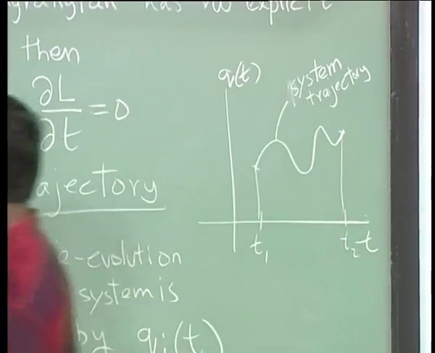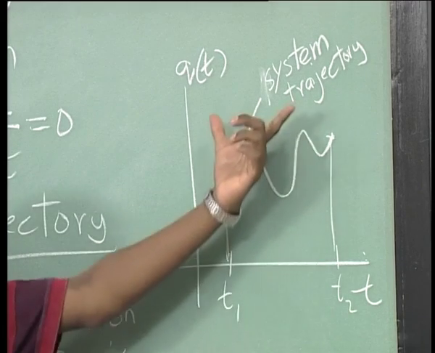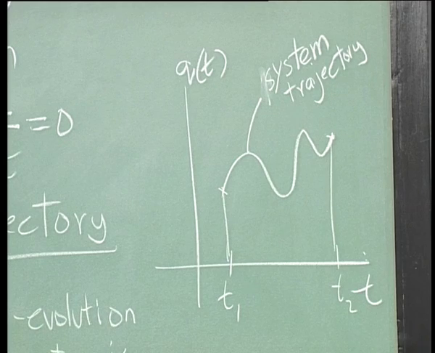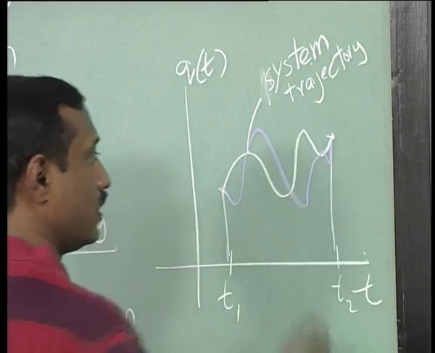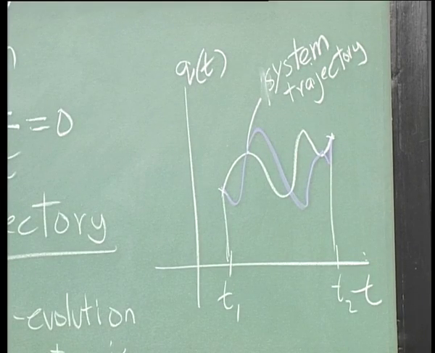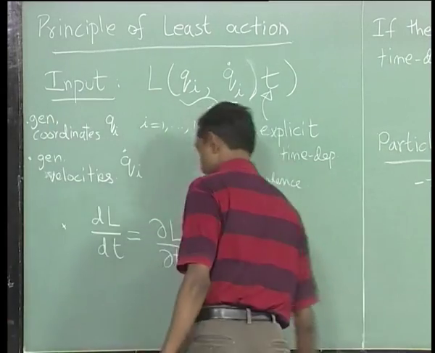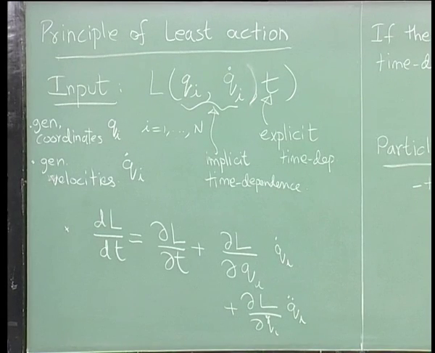Okay. And the key point here is that the Lagrangian tells you what the trajectory of the system would be. It gives you the dynamics of the system. So, in principle I can keep drawing different kinds of trajectories. Let us change color for a moment. Here is another one, but the question is, what is the trajectory followed by the system, the actual trajectory, and that is determined through the Lagrangian via the principle of least action. So, let us see how that is done. It should tell you among the various trajectories,